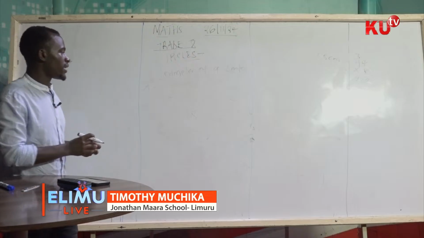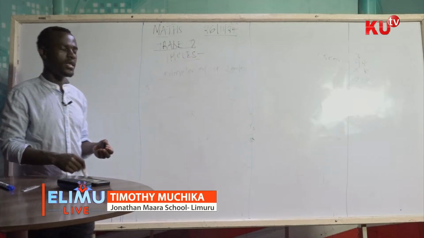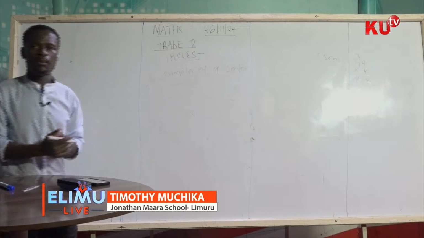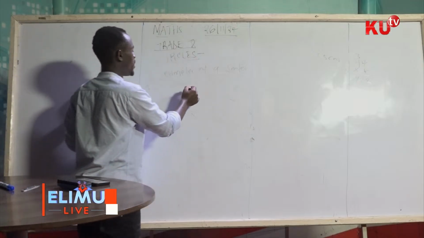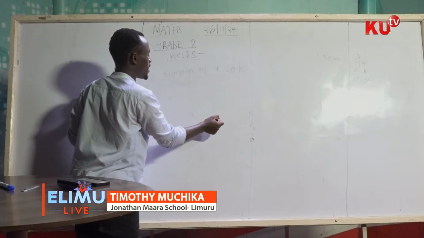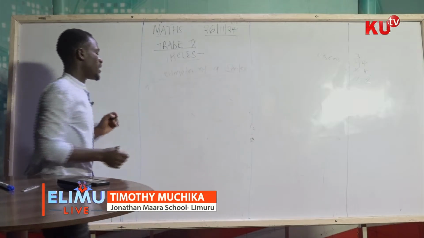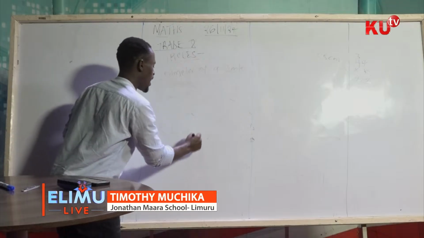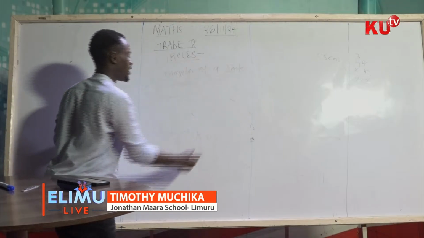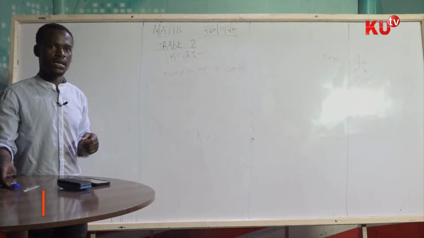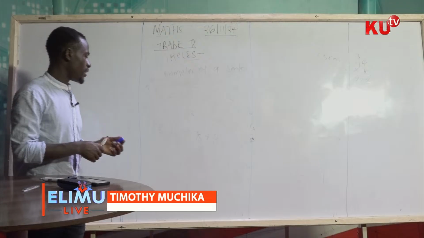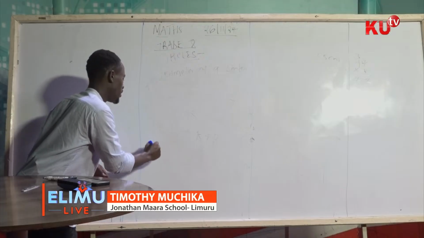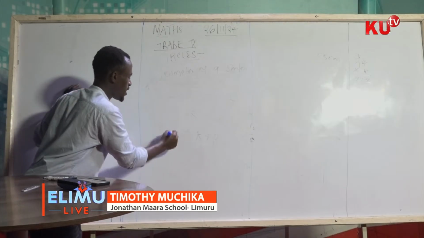This is the formula we are going to come up with: perimeter, given by P, equals the length of the arc, denoted by L, plus R plus R, so L plus